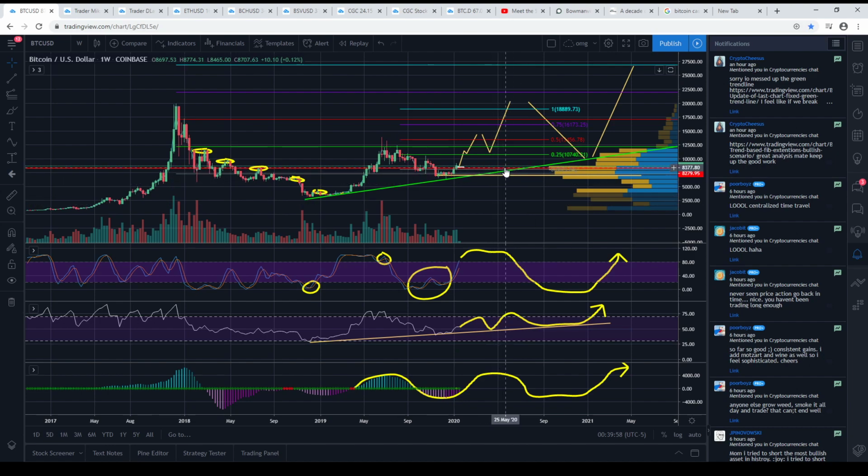So what I think needs to happen at this time is that all of this up here needs to be filled. You know, like we can't really go past this area unless it all gets filled. So I think that we're going to have a couple choppy moments filling these bars up, and then we're going to head up. And like I said, we're going to fill up with a move up and a move down. We're going to fill up all of this so that these bars are all out here. The volume is all out here.